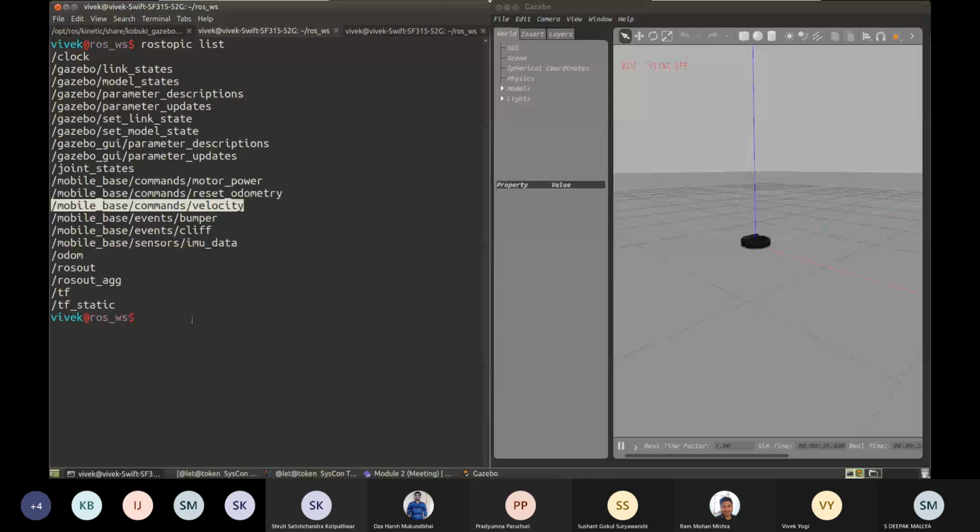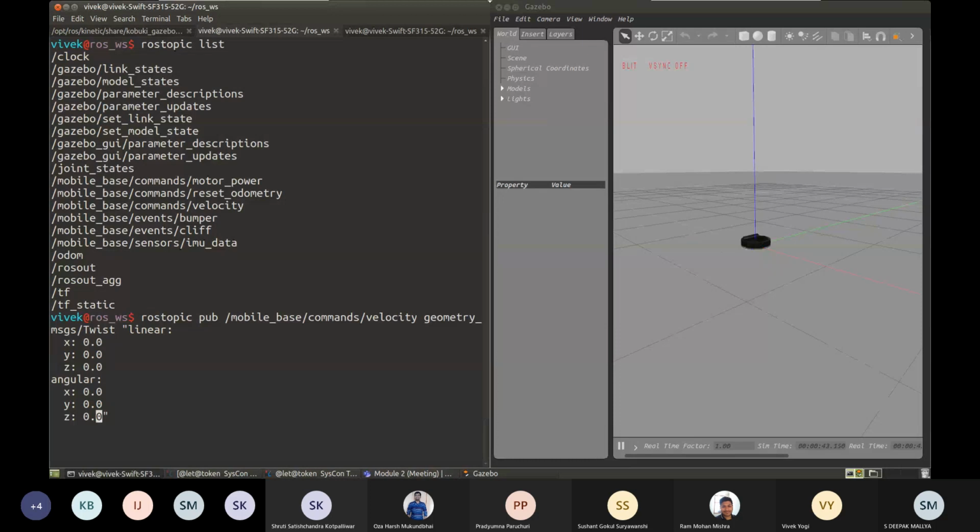We are going to issue a command: rostopic pub, then the mobile base commands velocity topic, using tab completion. It completed, and then I press tab and tab again. It gave me this automatically, and now I set x equal to, let us say, 0.1.